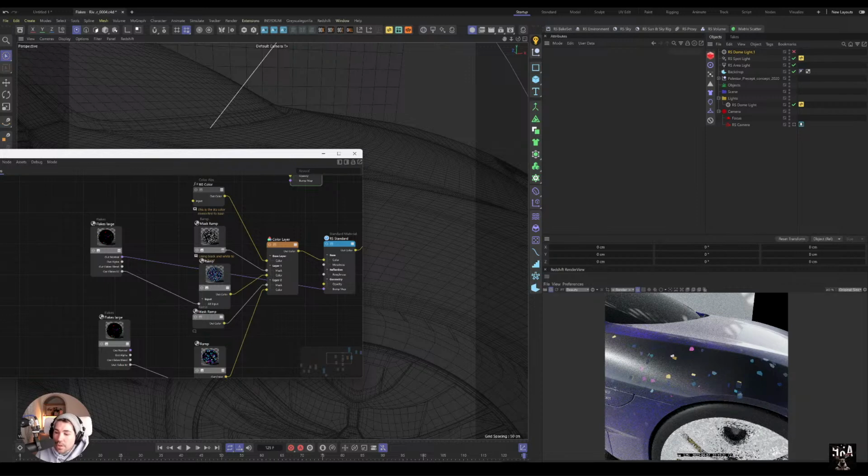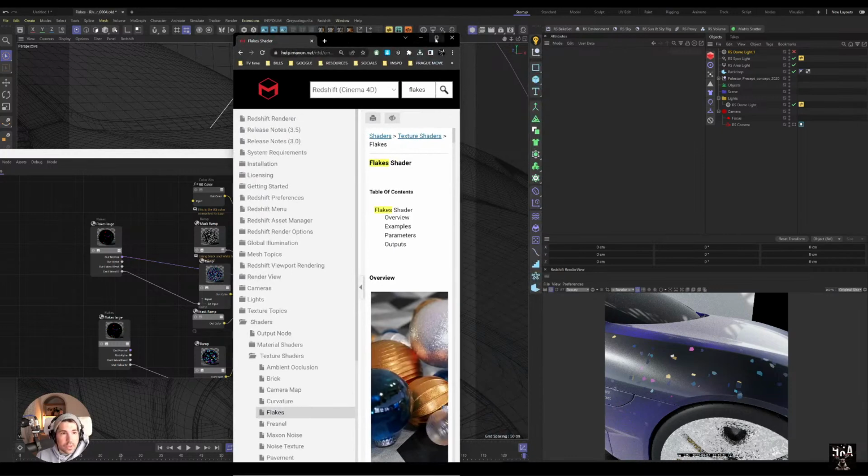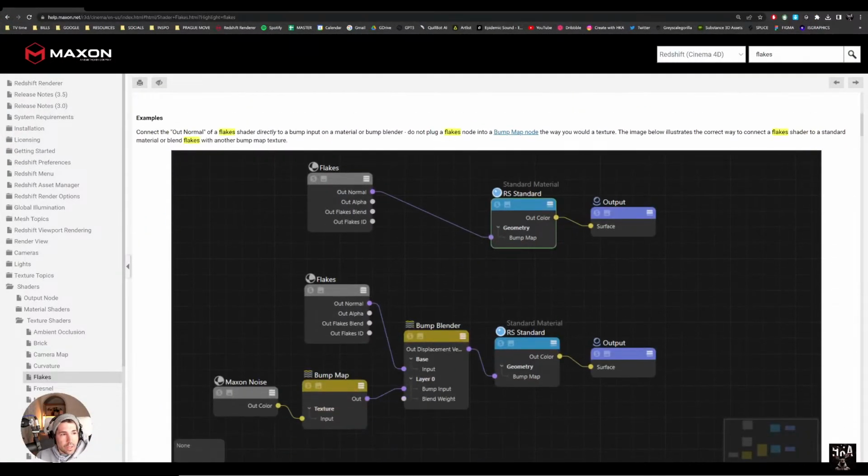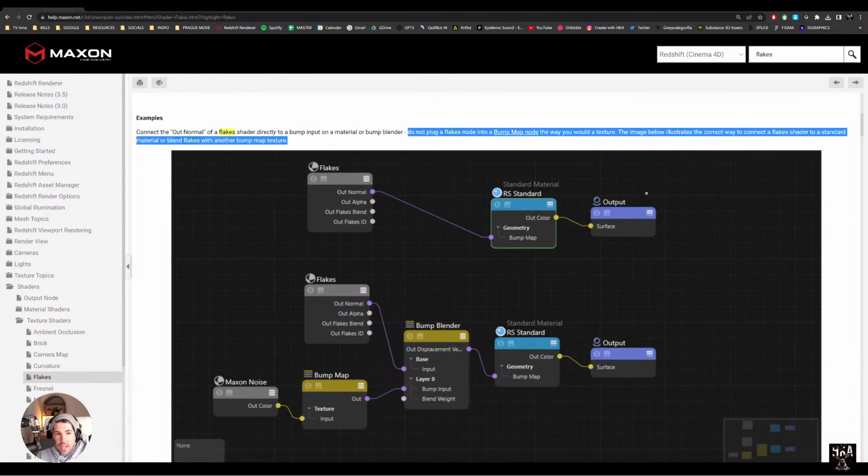Actually, we can't do that because the Redshift manual states, I think, if I remember correctly, maybe it's possible, but the Redshift manual says that you should plug it straight in. It was here first: connect the out normal flakes shader directly to bump input and material or bump blender. Do not plug a flakes into a bump node the way you would do a texture. The image below illustrates the correct way to connect. So it's either